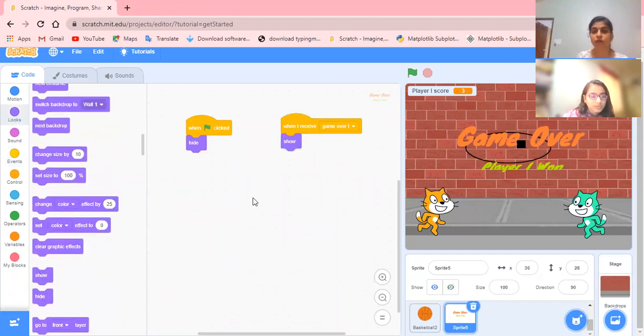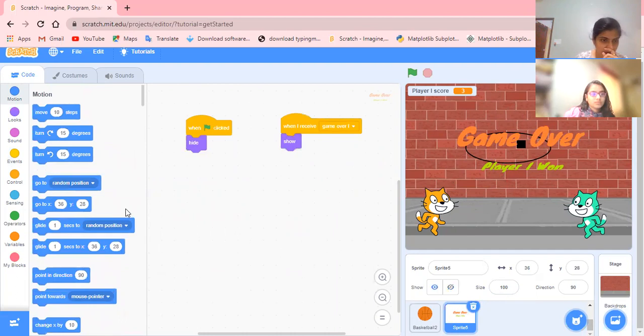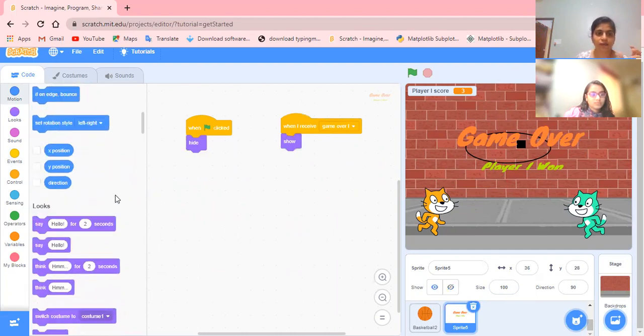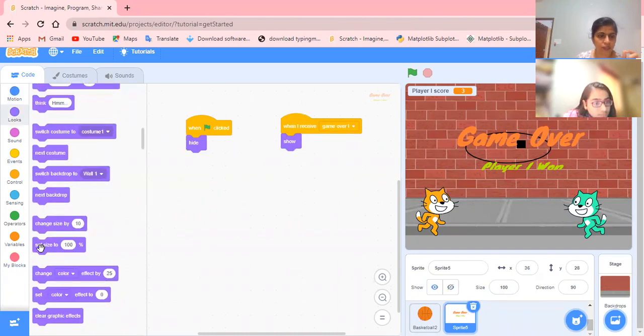Yes. What was the other thing? The animation. Right now, what is the size? 100. Right? This sprite size is 100. So in the beginning, we give the size. To change the size, we are supposed to give size 10% or 50% here. You see set size, in the looks we have this block. Set size 100%. In place of that, I'll do 10%. Okay. And then it must increase.